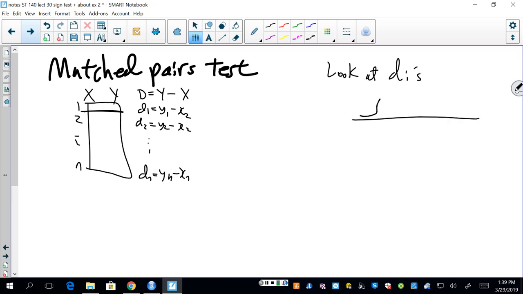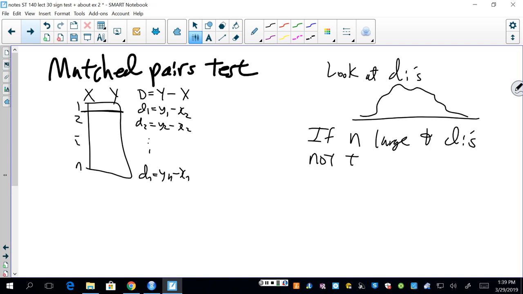if they're roughly symmetric and not too outlying, and we have a decent sample size, the book, many things will say 30 or 40, but it's really kind of a sliding scale. The more symmetric it is, the less you need. Because really, if it's more skewed, you better average together more things to deal with skewness or outliers. If n is large enough and the Di are not too skewed, without too many outliers,